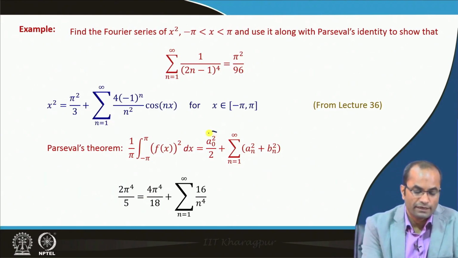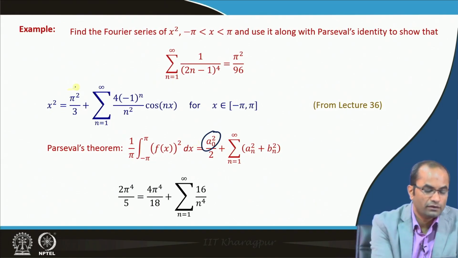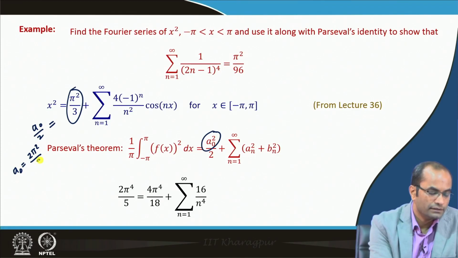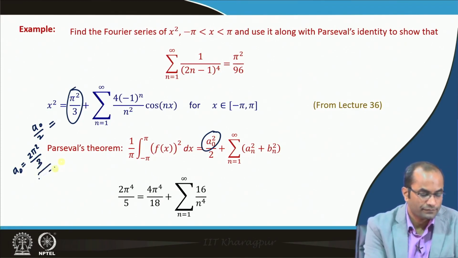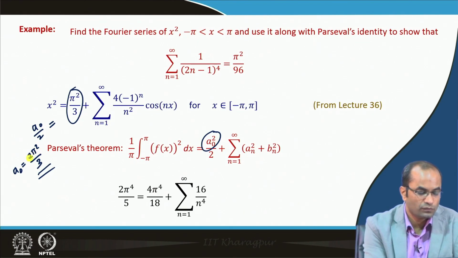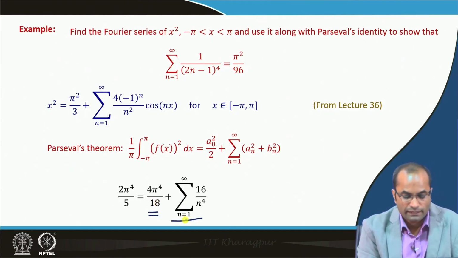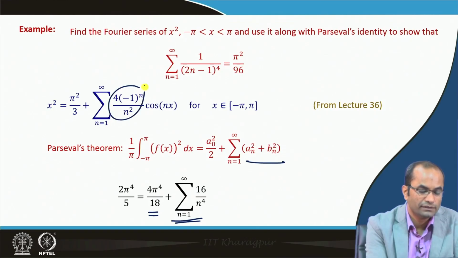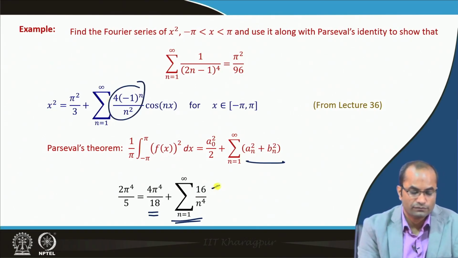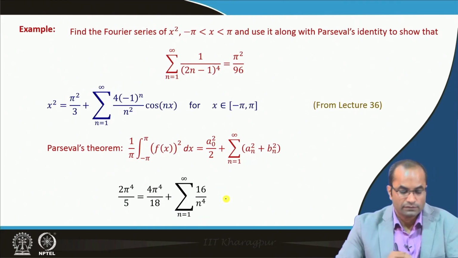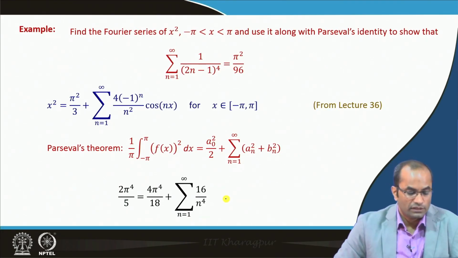The right hand side we have a naught square by 2. So, a naught is given already here, a naught is 2 pi square by 3. If we square it, we have 4 pi to the power 4 over 9 and then divided by 2, so 18. That is also fine, and then the second term is the summation of a n square and b n square. The b n squares are 0 here, we have only a n squares, so that is 16 over n to the power 4. That is the result we have directly from the Parseval's theorem,